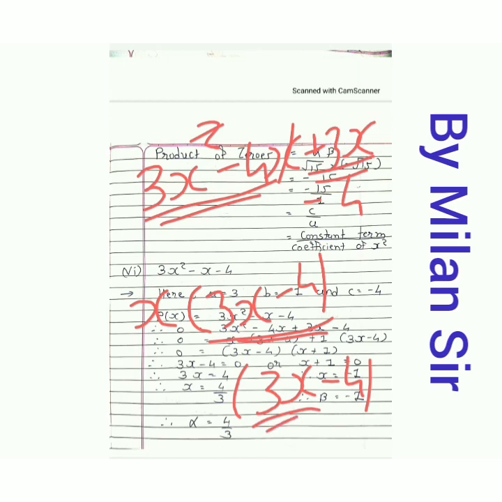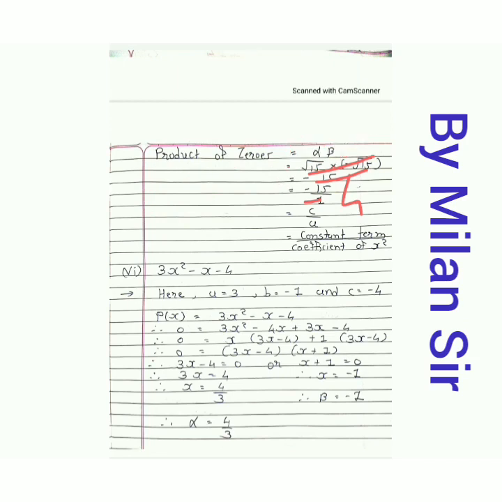Okay, it is the same 3x, so nothing is remaining. If nothing is remaining, then we can write 1 here, and before that a plus sign is there, so plus 1. I already wrote here x in bracket (3x plus 4) plus 1 in bracket (3x plus 4). The same bracket we need to write here.